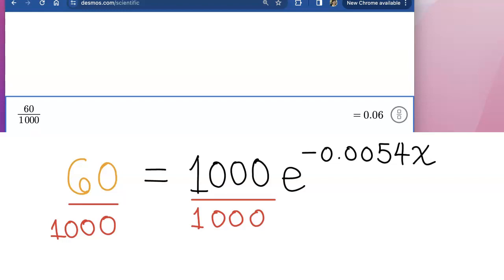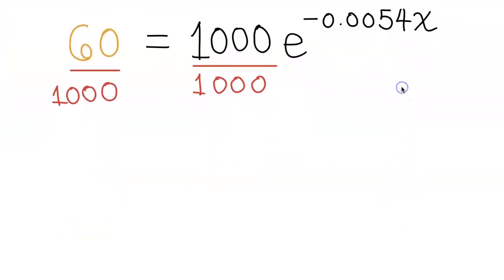So instead of writing 60 over 1,000 or 6 over 100, I'm just going to write 0.06 on the left-hand side. So 0.06 equals, now the 1,000's gone. Bye-bye. But I do still have e to the negative